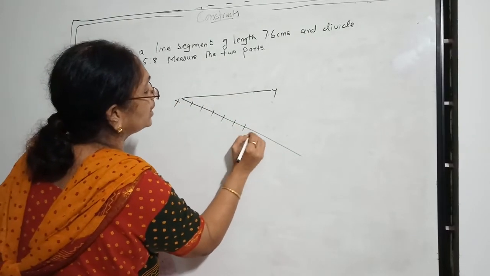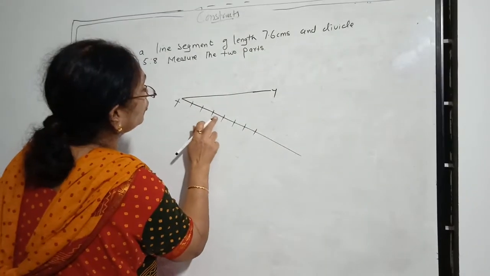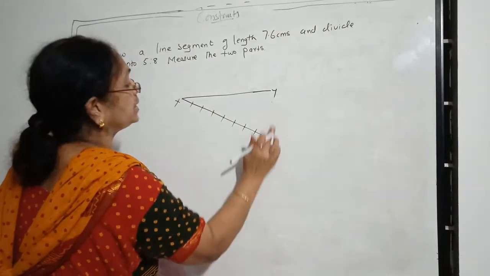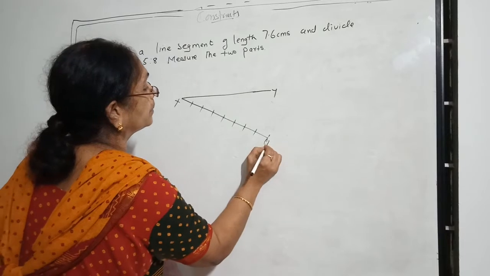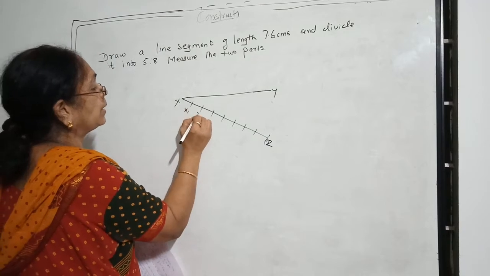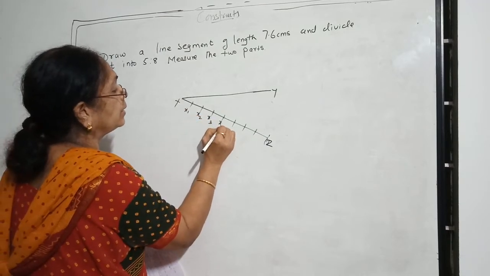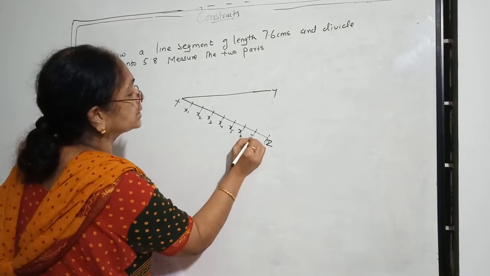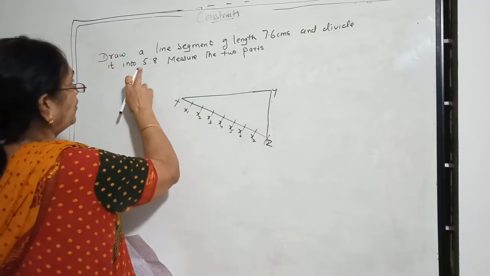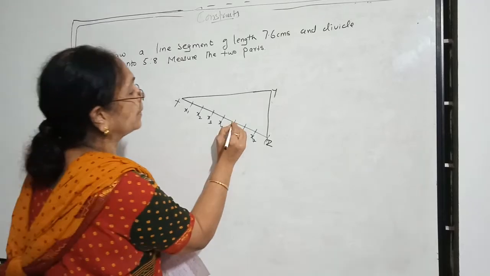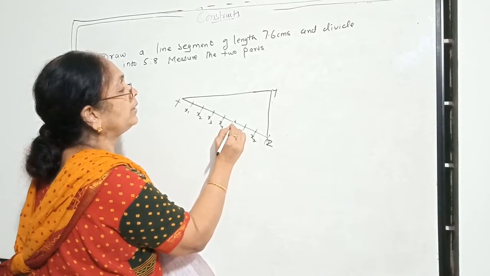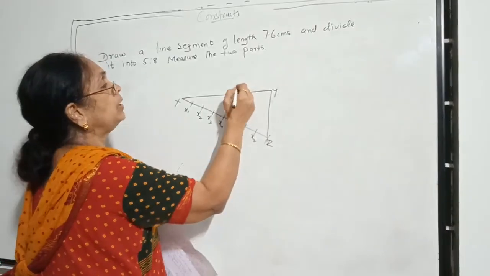Take the scale, and here 1, 2, 3, 4, 5, 6, 7, 8. Rub it. So this is XY. Oh sorry, XY is here. So you can take this as A, or Z. Now this is X. So this is X1, X2, X3, X4, X5, X6, X7 and X8. Then what you do, you just join this. Now this is 5 out of 8, 5 parts. 5 is here. Keep the scale here, move it like this until you reach X5, there you draw one line. Then you call this B.